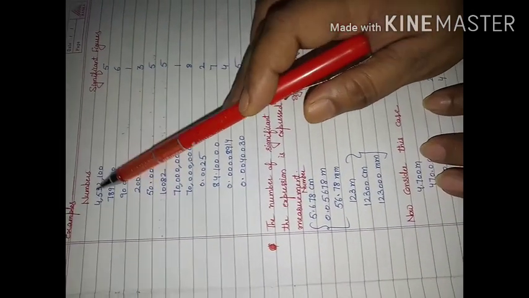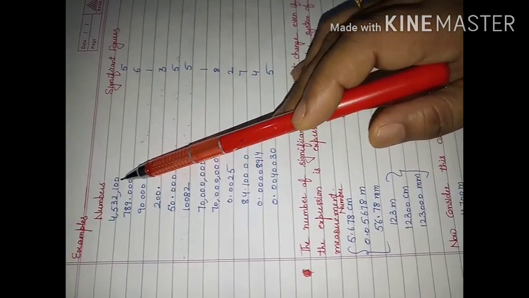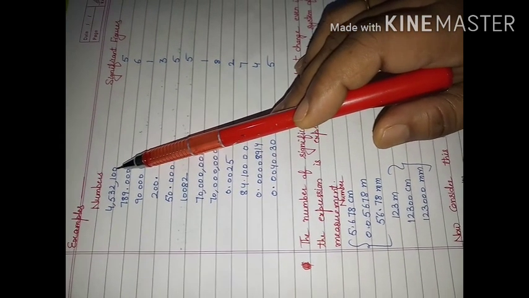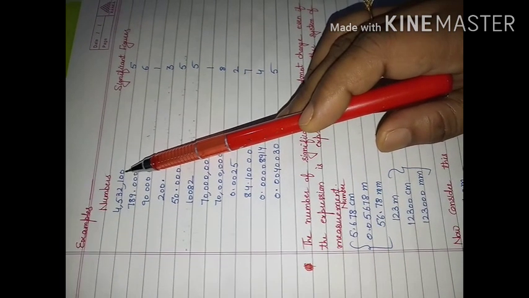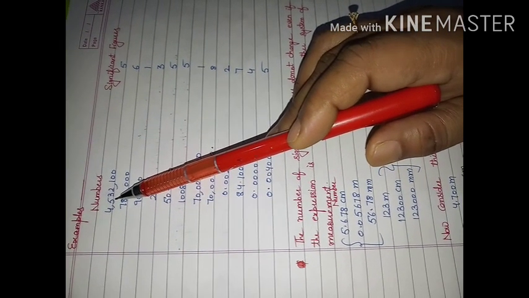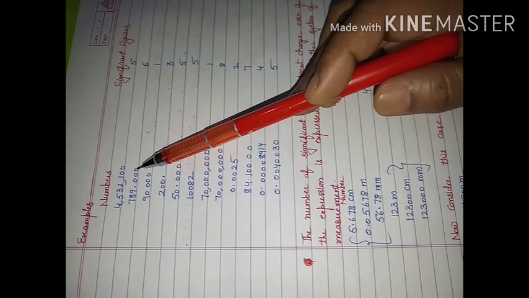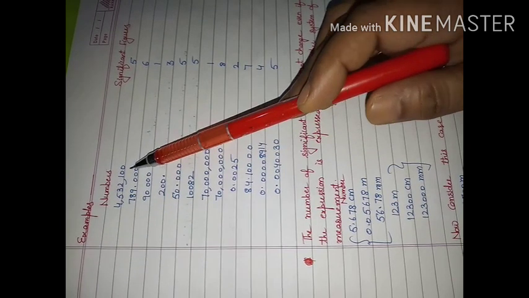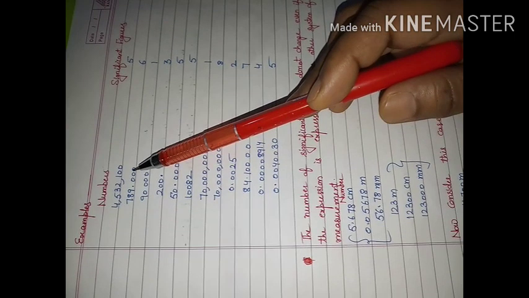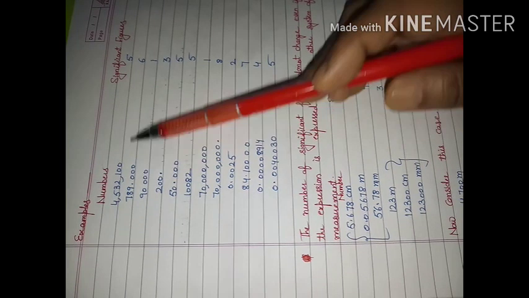In this example, how many significant figures do we have? In this, a decimal is not there. When a decimal is not there, these zeros will become insignificant. So how many significant figures are we going to have? 1, 2, 3, 4, 5. So 5 is there. In the next, these are trailing zeros, and trailing zeros will become significant if a decimal is there. These all are non-zero, so they will be significant. 0 will become significant if a decimal is there. So here the number of significant figures will be 6.